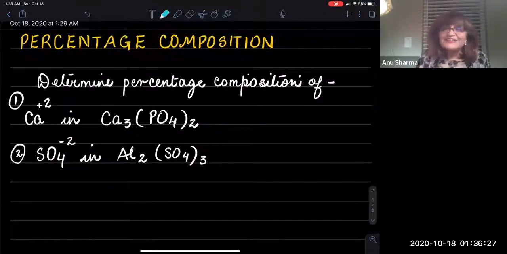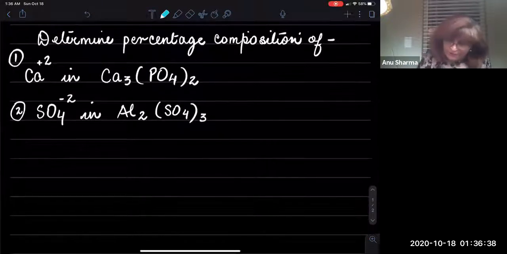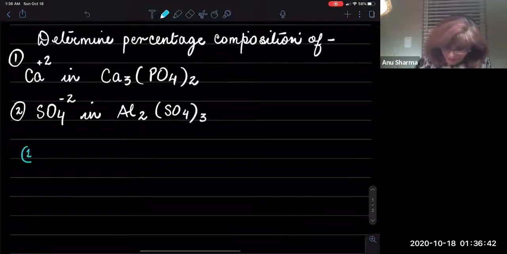Hi guys. So today we are going to be looking at the percentage composition of ions: calcium ions in calcium phosphate and sulfate ions in aluminum sulfate. Okay. So very simple. First, in problem number 1, you're going to determine what percentage